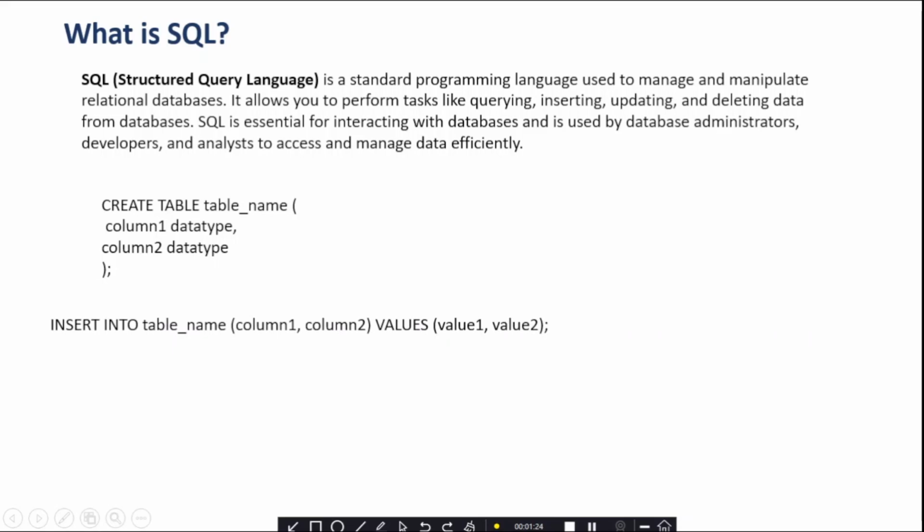How to insert values? This is the syntax of inserting values. INSERT INTO table name, then the columns you have created, here column 1, column 2, and then VALUES. What values do you want to store? Value 1, comma, value 2. The table will be created,